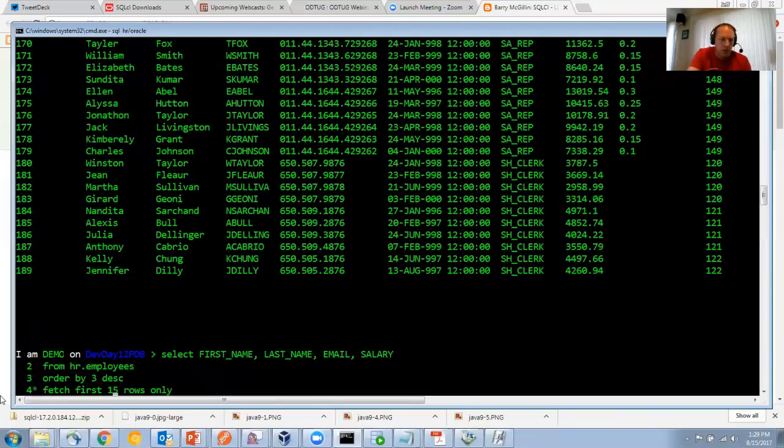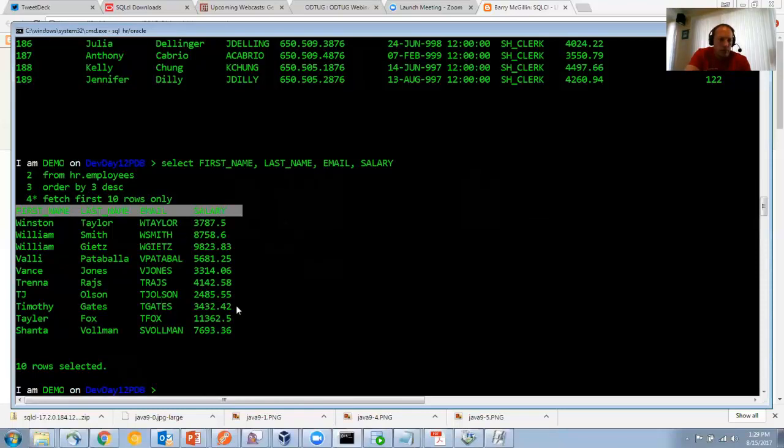Descending. And first fetch 10 rows. Now to run this, I'm going to do Control R, which says execute what's in the buffer immediately. So there's that. That's my query. I didn't have to exit out to VI or Emacs. I didn't have to write it, hit enter, and go screw it, and then try to write it again. I just do it all right there